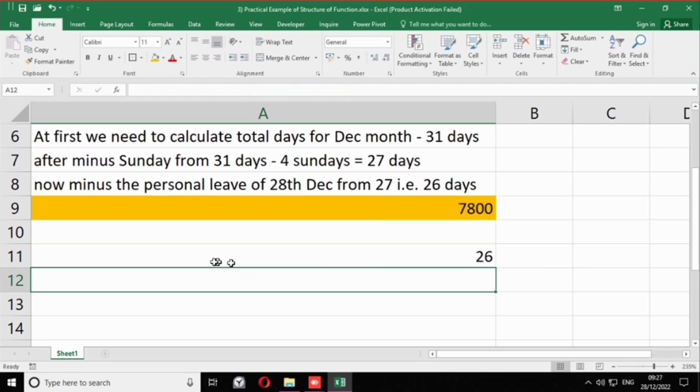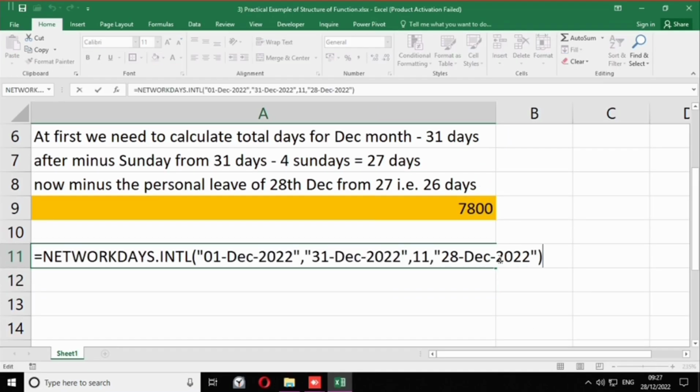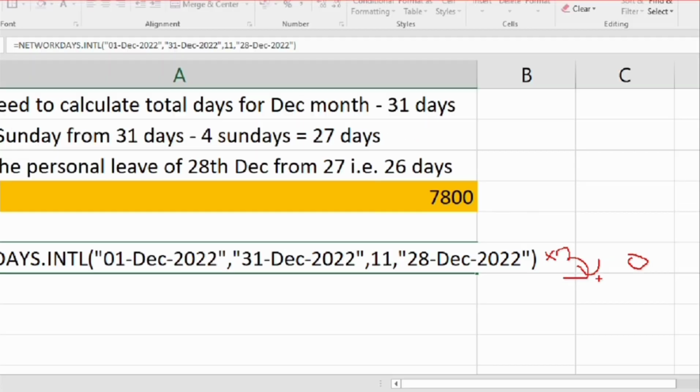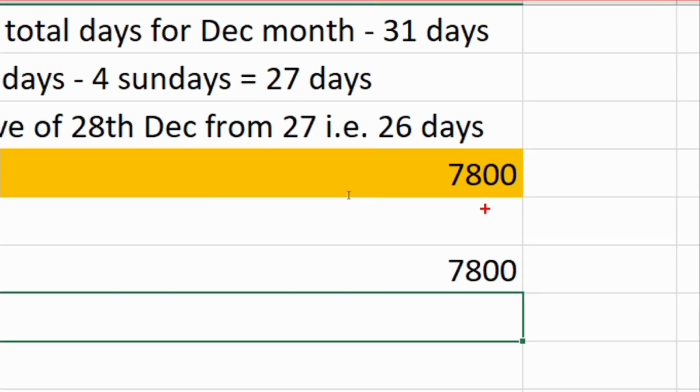So enter. Yes, now you can see that exactly 26 days get calculated for Ramesh. Now what I will do is simply multiply this formula by 300. Multiplying this by 300, we get the exact calculation: 7,800 is Ramesh's total wages.